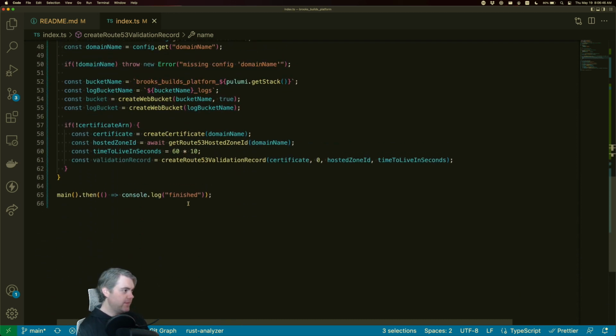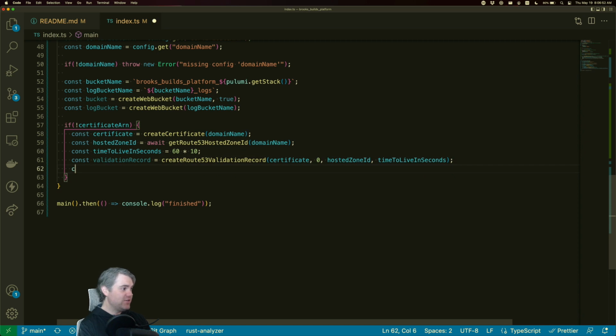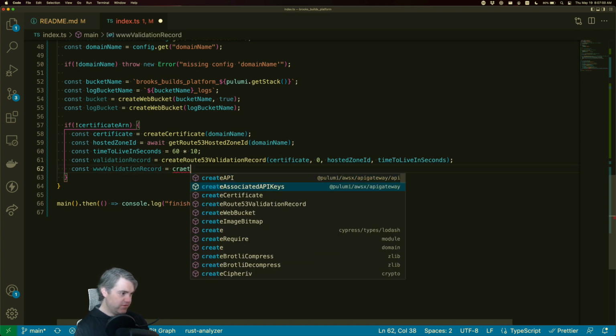Great. Okay, that creates that record. And now I need to create the record again, but for the other one. So const dub validation record equal to create Route 53